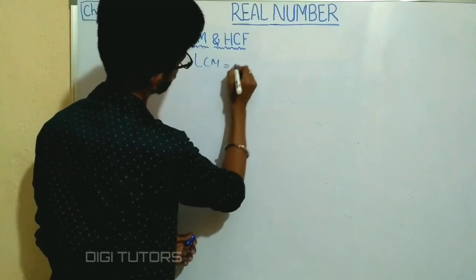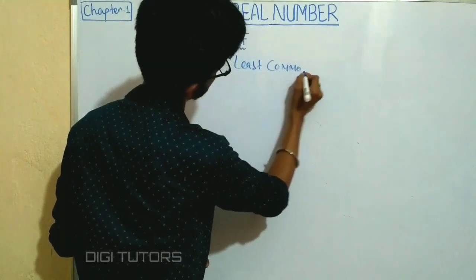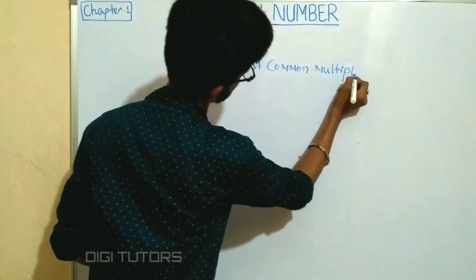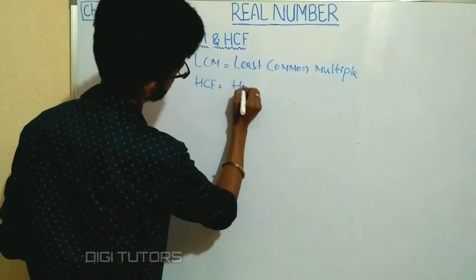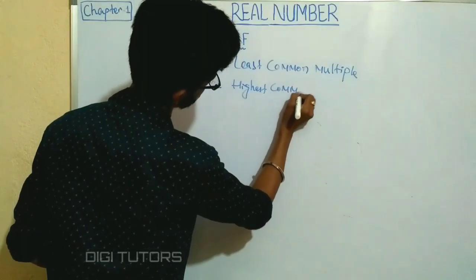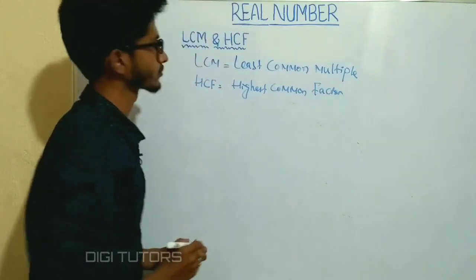LCM, that is the least common multiple, and HCF, that is the highest common factor. Okay,